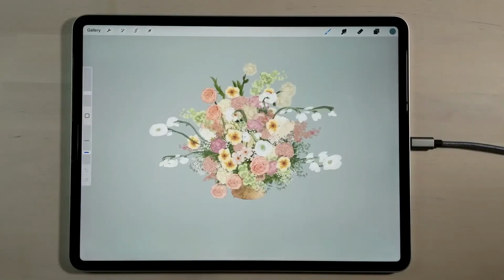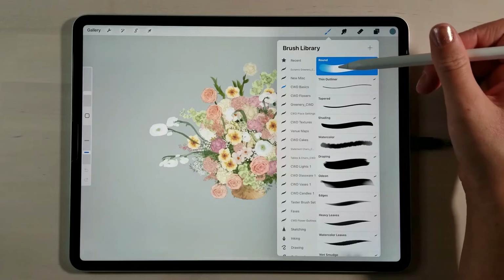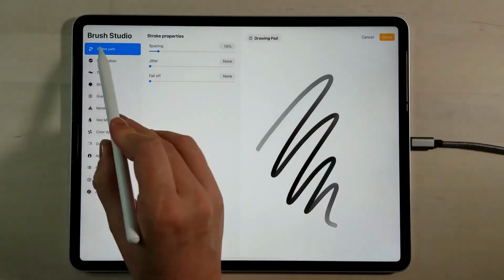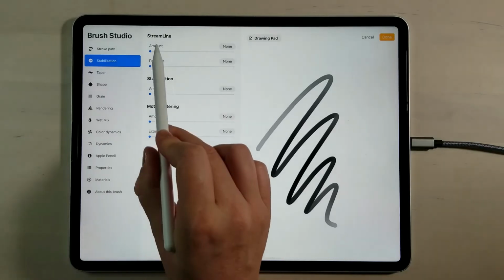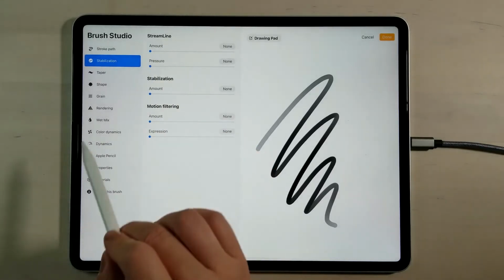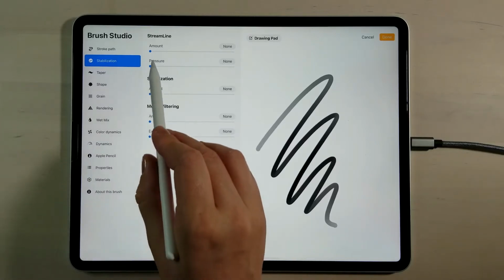Now the next thing I want to show you is the new stabilization menu that's appeared. So before, in each of your brush settings there would have been a stabilization that was set to the brush. Now there's a whole new menu that appears. When you go into your brush studio, there's now the stabilization tab and there's 3 new settings: the streamline, stabilization and motion filtering. And there are some complexities to these, but the basis is if you are going to increase